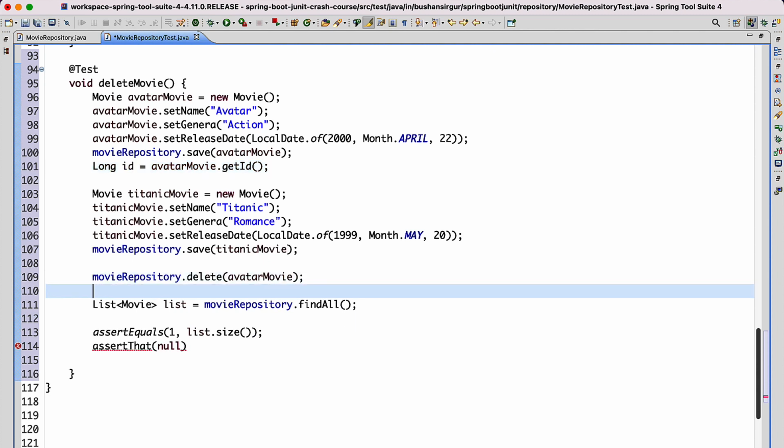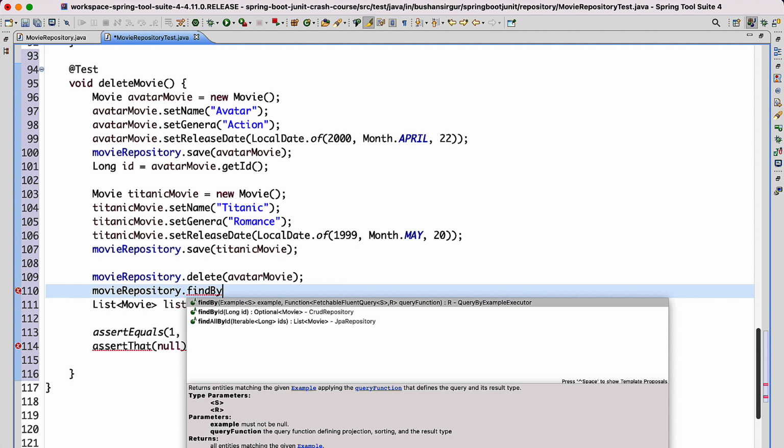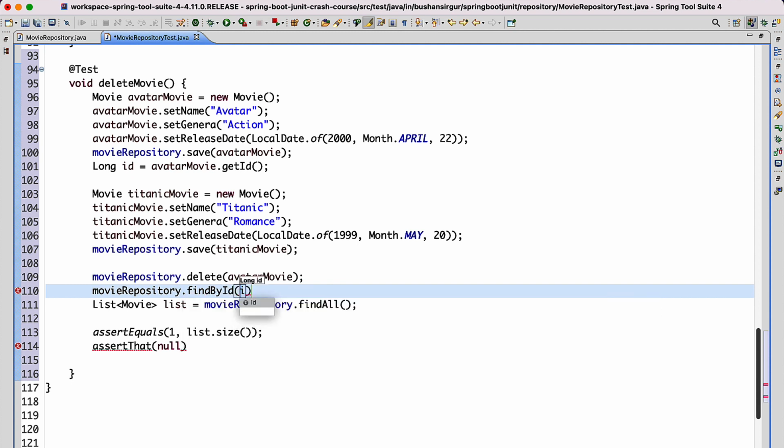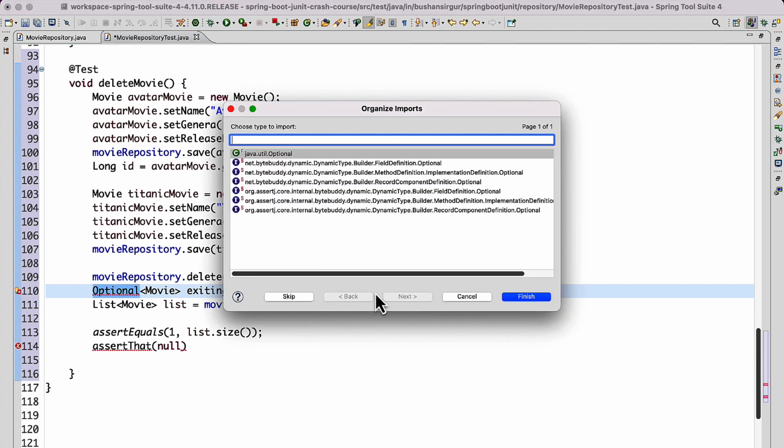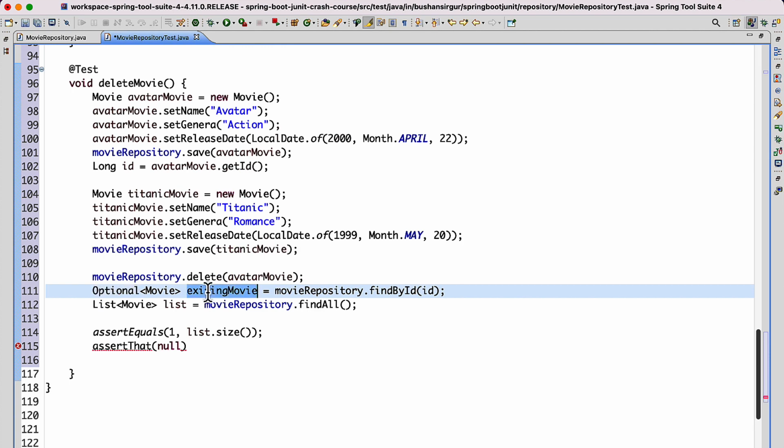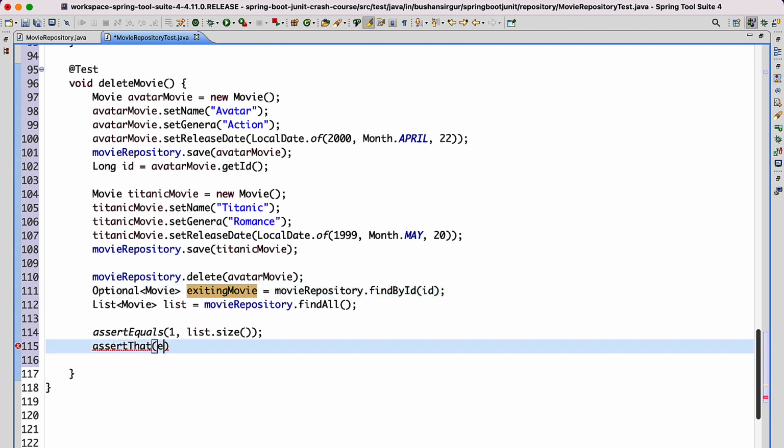We can make use of the ID movie repository dot find by ID. Let's pass the ID, and this is going to return the optional of movie. Let's call this existing movie. Let's import the optional from the util package. Now we can pass this to the assert that existing movie